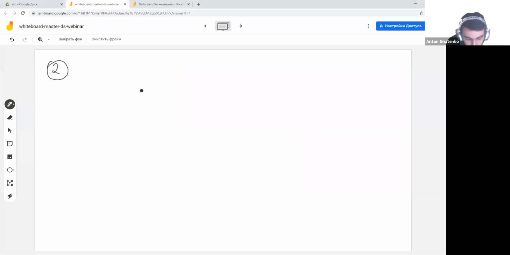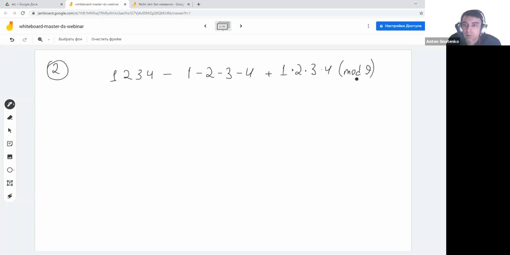In problem number 2, we are asked to find the value of this expression: 1234 minus 1 minus 2 minus 3 minus 4 plus 1 multiplied by 2 multiplied by 3 multiplied by 4, modulo 9. Modulo means that we want to find the remainder of the value of this big expression when divided by 9. Now, there is a general rule that for any number,